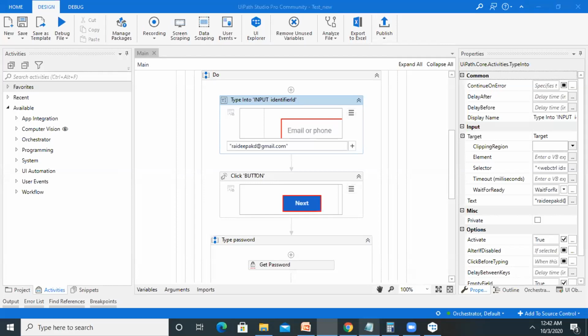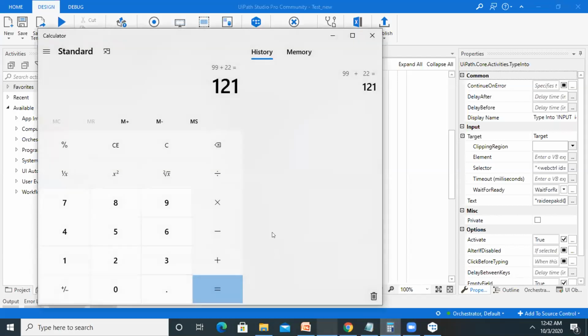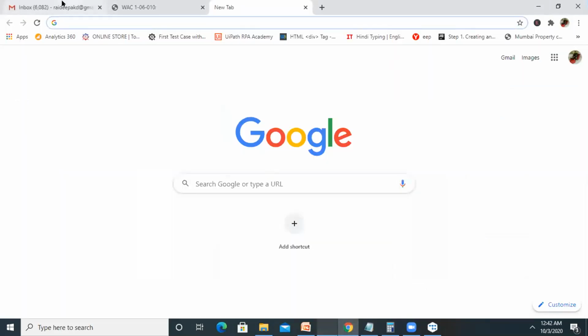Hi Deepak. Actually, you showed recording, no? Yes. Can recording be applied for dynamic things? Yes. For example, in a calculator, you use 9 into 3 and you get some result. Can we make that dynamic? Yeah. Just like I've used here for the Gmail login, it's basically dynamic. We are not changing anything.